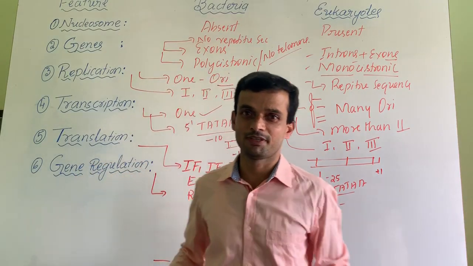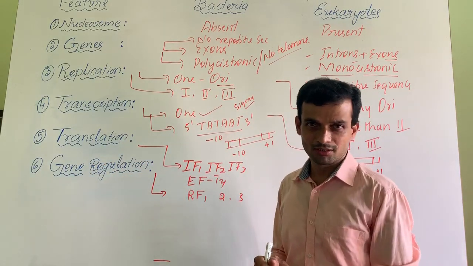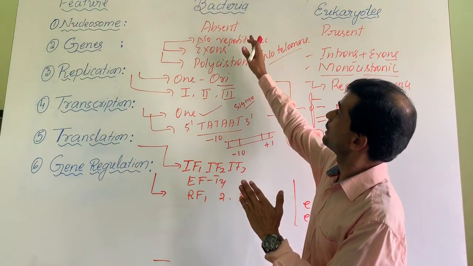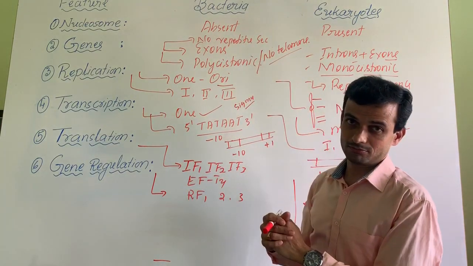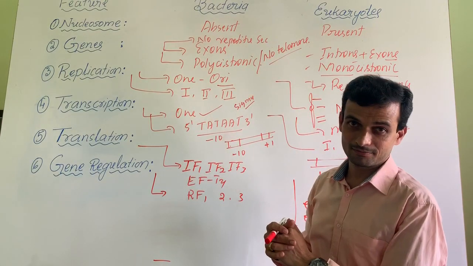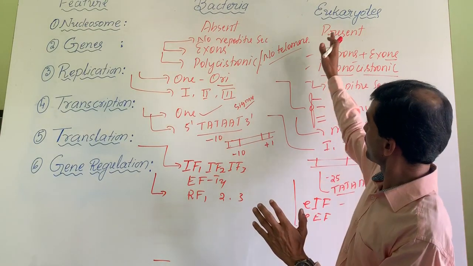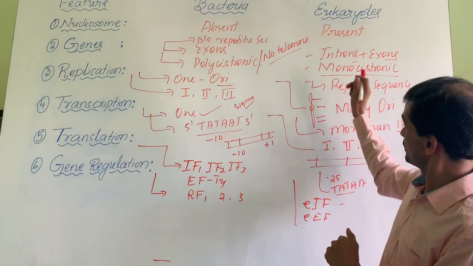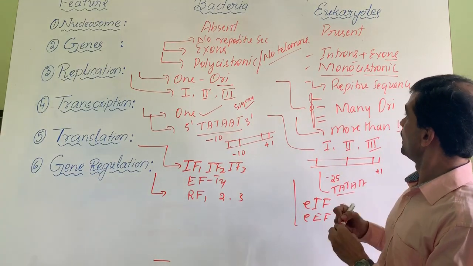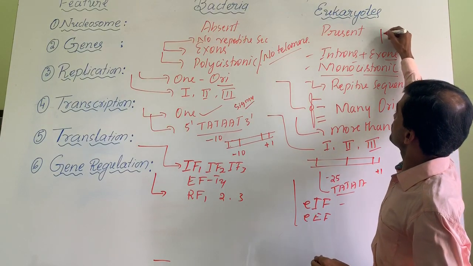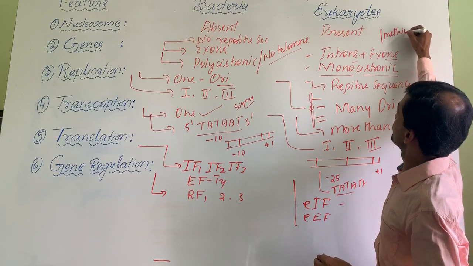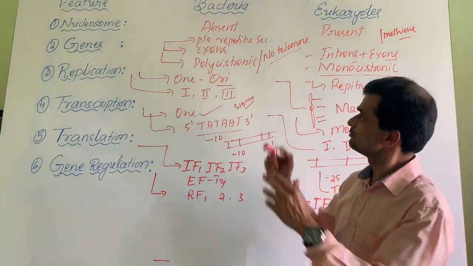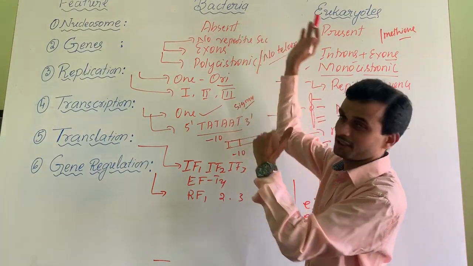What have you understood in this video? At molecular level, bacteria differ from eukaryotes. I did not say prokaryotes. In the heading, I have taken bacteria because at molecular level, archaea resemble eukaryotes. Archaea have 3 different RNA polymerases. Archaea have introns. Archaea use methionine as the first amino acid during protein synthesis. Here it is formylated methionine. So instead of saying prokaryote, we say bacteria.